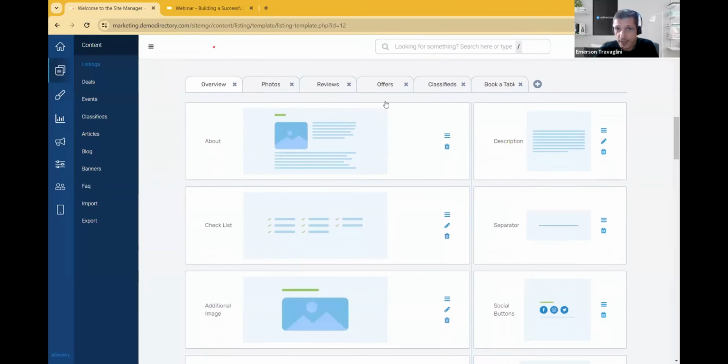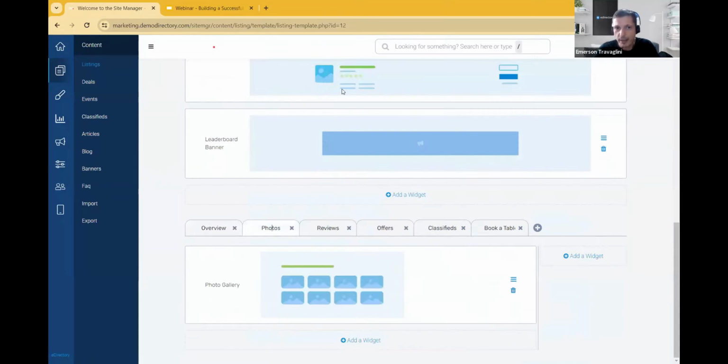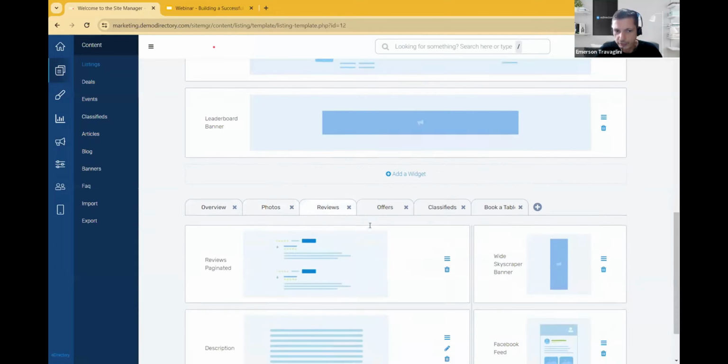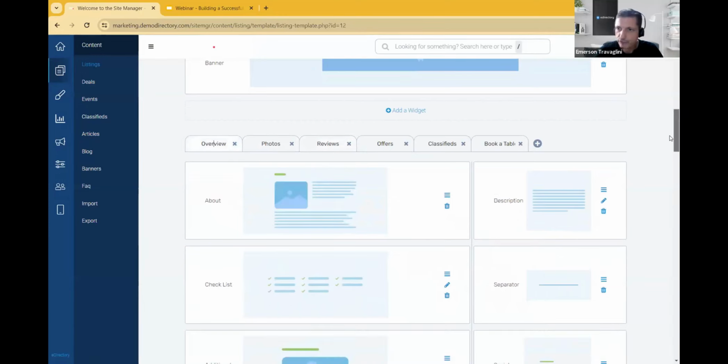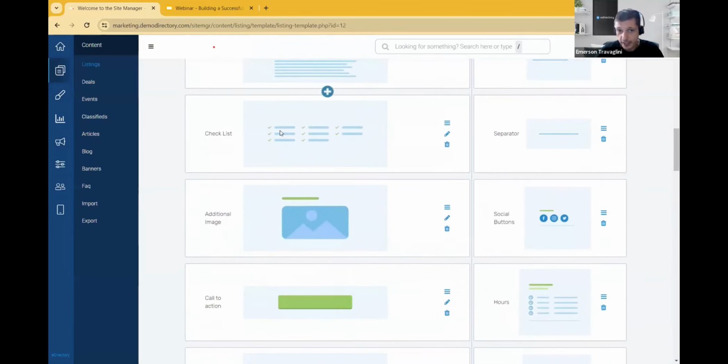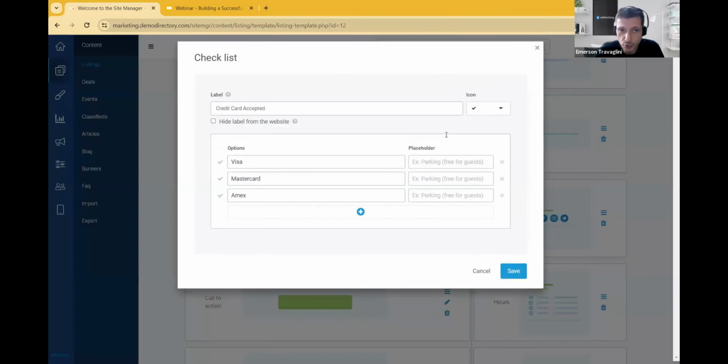You can create tabs to divide the content in different ways. You can have one tab just for photos, for example, and then you can add the widgets as you want here. We have the sidebar and the main body of the page. You can put the reviews here and a banner, whatever you want. So for the main page, let's create one. This checklist, for example, is a custom field. It's one type of the custom fields we have. You can create what needs to be created to satisfy your users, your site visitors.